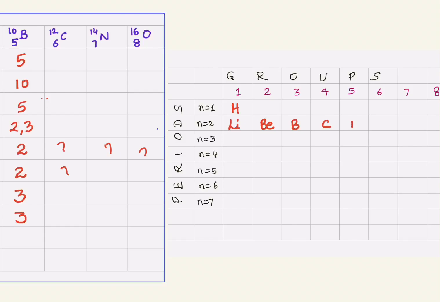So we have carbon, nitrogen, oxygen. Would you like to go ahead and try the other elements as well? You can always pause the video, try filling up the periodic table to match with what I am going to make further on. It will give you so much happiness that you will be having a big smile on your face.